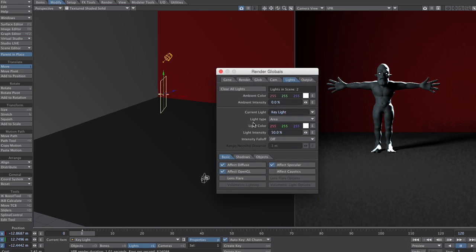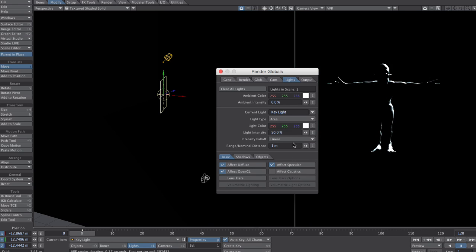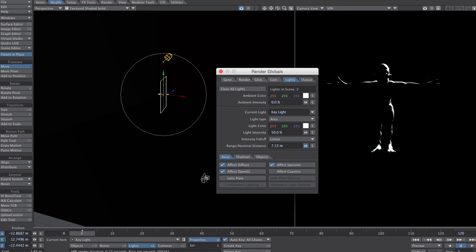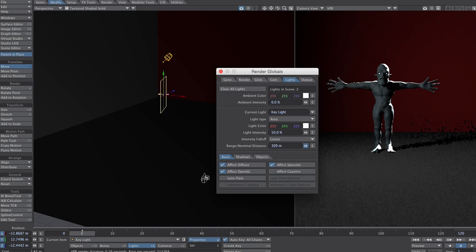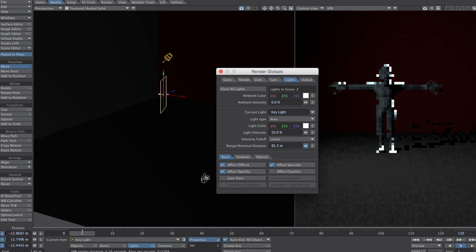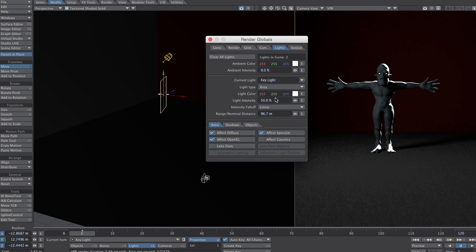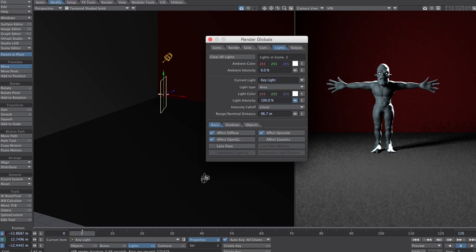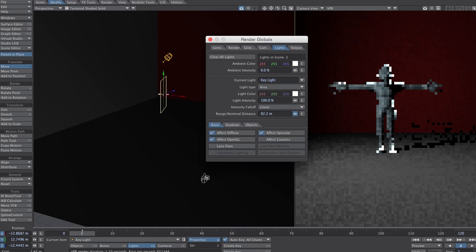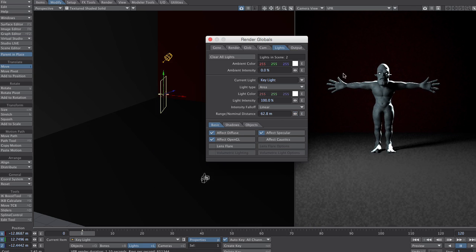And if we want, we can go a step further by implementing fall off, and that would require us to then expand the range until we get Stu's body in range. Now that will also allow us to darken the back if we want a little bit, the background. Now, once the range has been defined, we might increase the intensity. By default, new lights can receive an intensity of 50%. So we can increase the brightness of this and ramp it up quite a bit, and then just kind of create a balance between the fall off distance and the intensity of the light